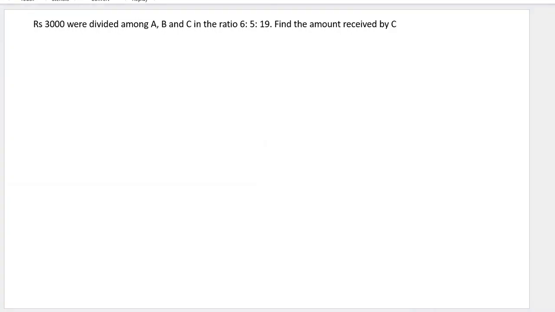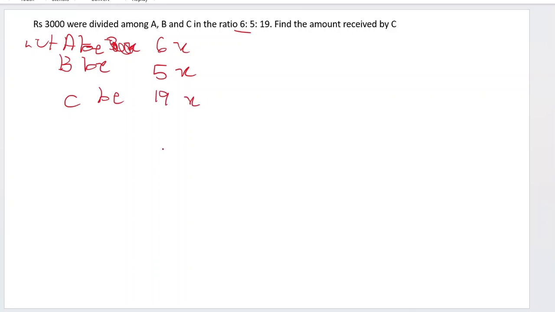3000 were divided among A, B and C in the ratio 6:5:19. Find the amount received by C. So again we say let A be 6x, B be 5x, C be 19x. We take the ratio: 6 is for A, B is 5x, C be